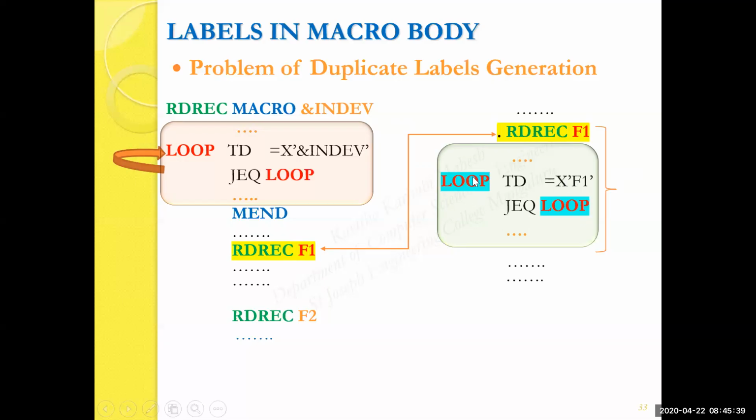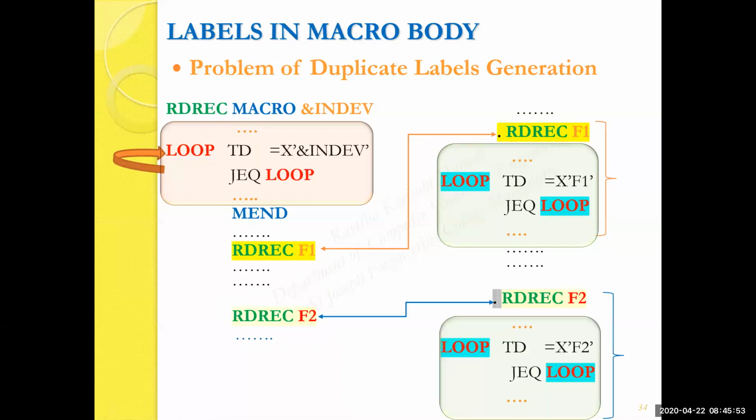Please notice that we have a label here, that is loop, that is generated as a part of macro expansion. Now, what would be the expansion corresponding to the second macro invocation statement RDIRECT F2? Again, this is shown here on the right-hand side as a part of the expanded file. The macro invocation statement is written as a comment, and the statements that form the body of the macro are